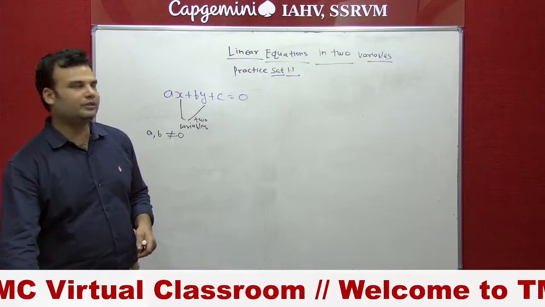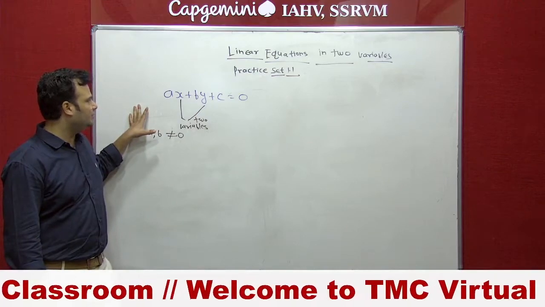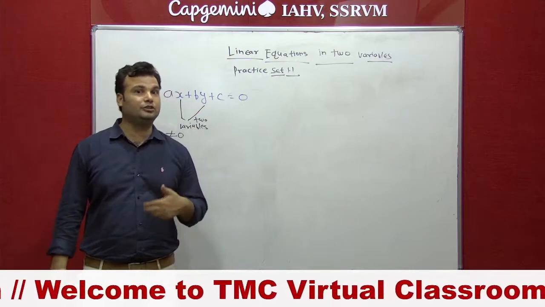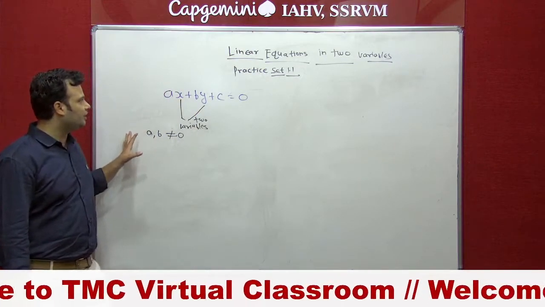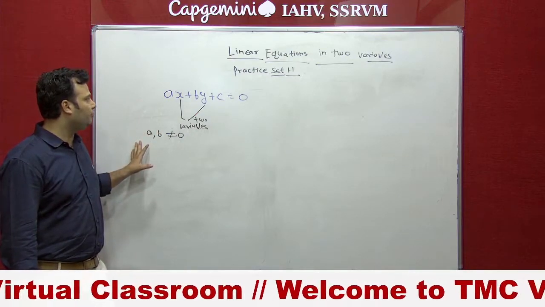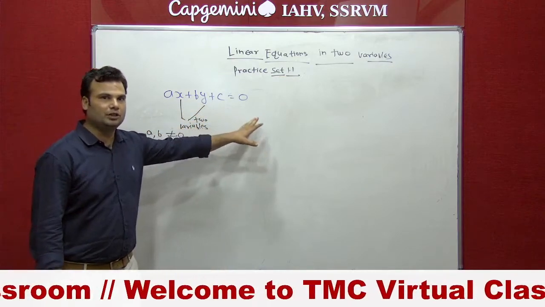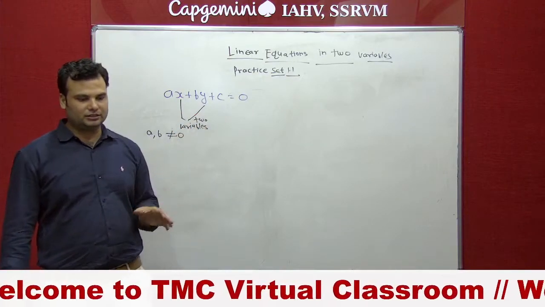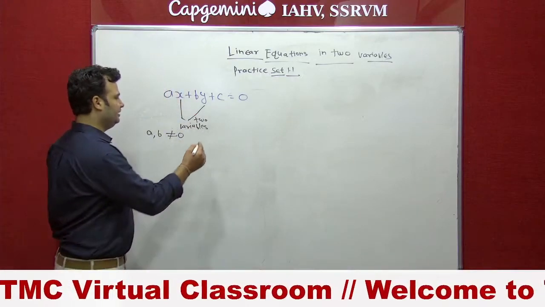We can also say that a linear equation in two variables is an equation in which the maximum index is 1. Like a quadratic equation, the maximum index is 2; like cubic, the maximum index is 3. But in a linear equation, the maximum index of the variable is 1, and it contains two variables, like in the form ax plus by plus c equal to 0, where x and y are two variables. This part is very important. You have to remember it. Take some examples, then you can understand easily.